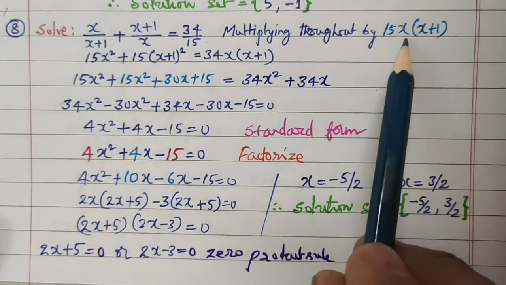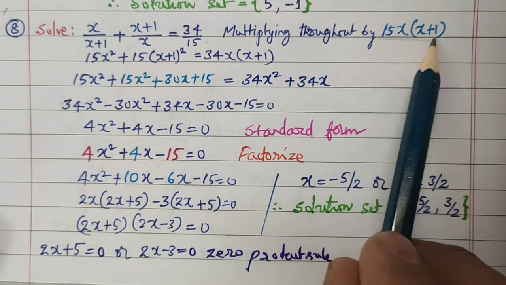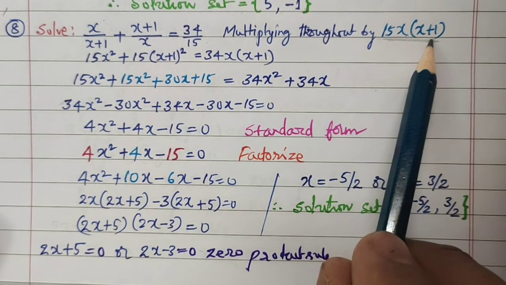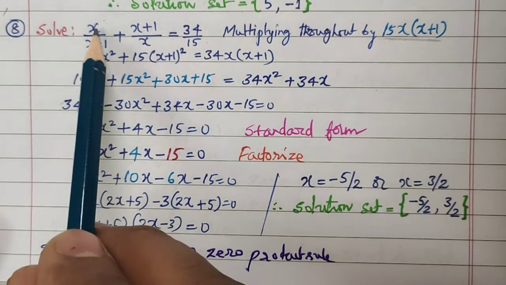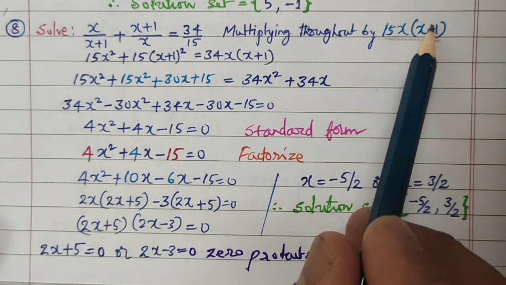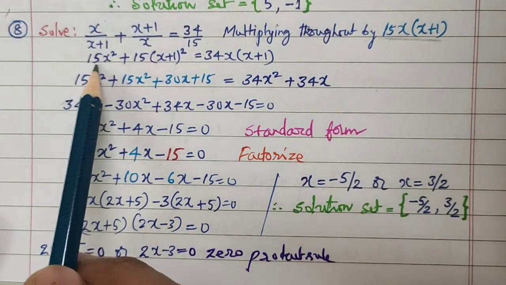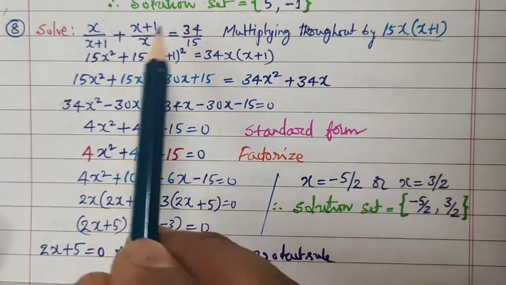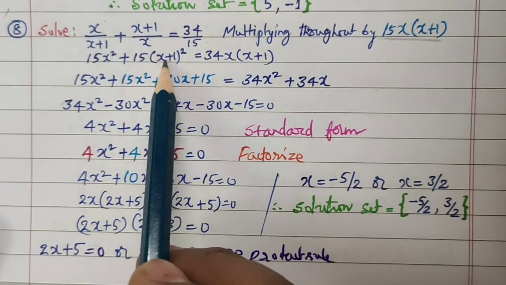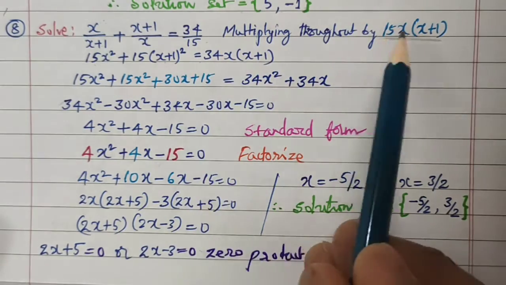So that we can eliminate the denominator. That's why we are multiplying both left hand side and right hand side with 15x and x plus 1. Then when you multiply, x plus 1 and x plus 1 get cancelled. 15x into x is 15x square. This x and this x has got cancelled. x plus 1 into x plus 1, 15 times (x plus 1) whole square, that is equal to,